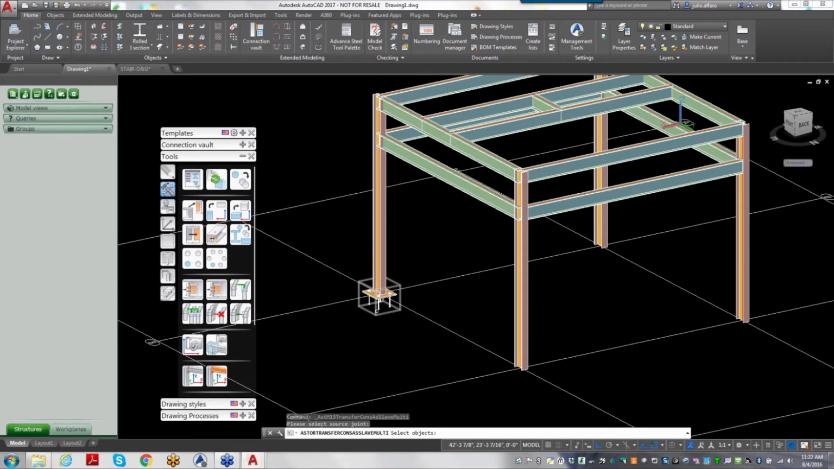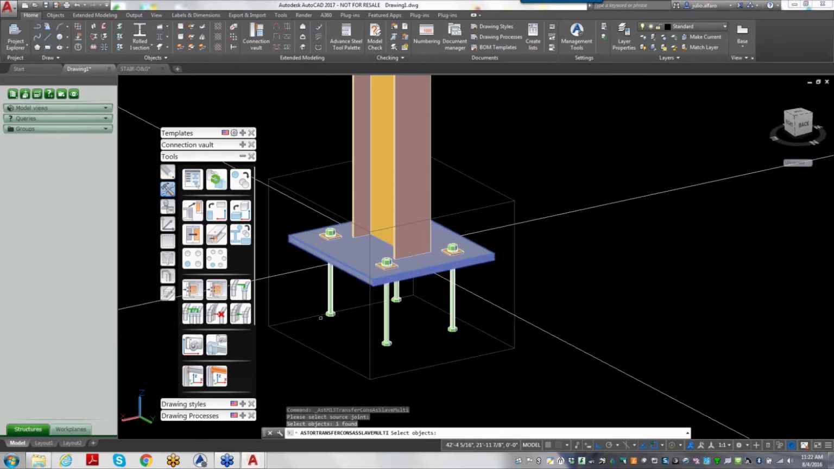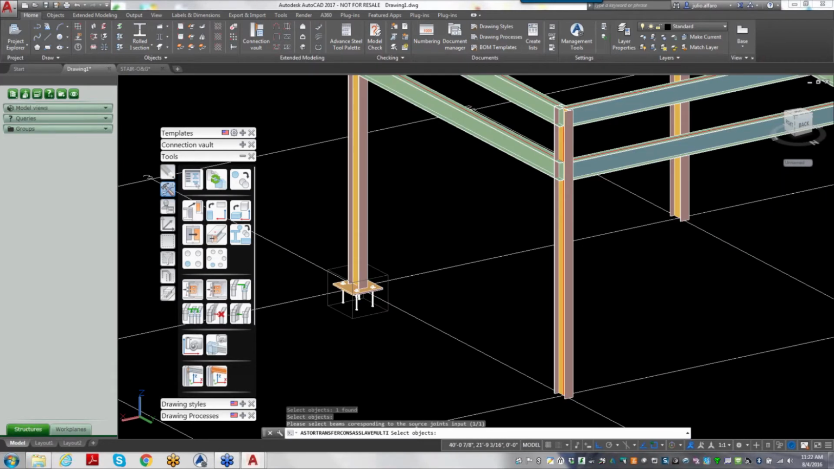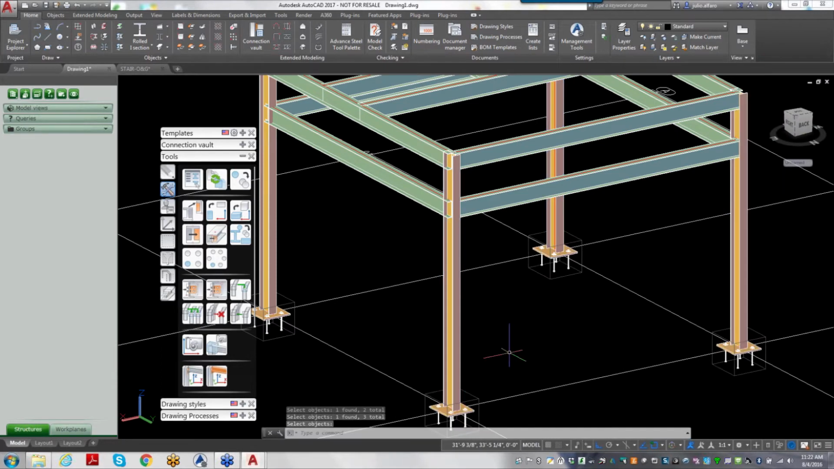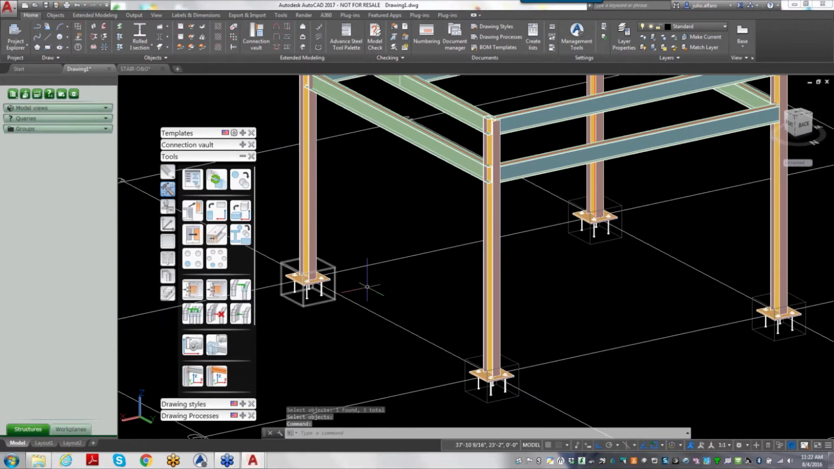So what this one's going to allow me to do is select this plate, and then go to the different columns that I want, and it'll create all those base plates all at once. Now, what's really interesting about this is that if I go back into this connection,